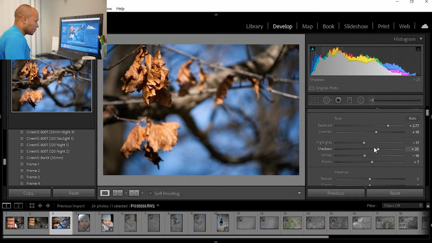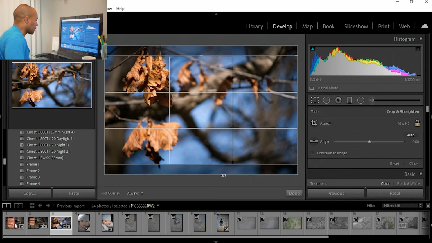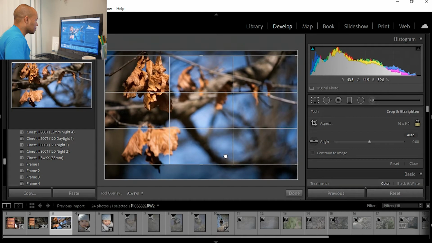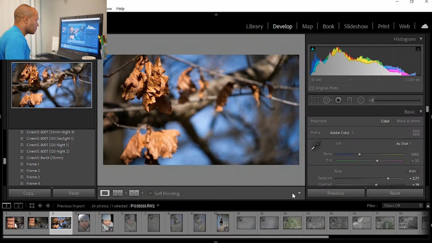Like I said, let's go over here to my crop overlay, and I'm liking what I'm seeing. Aspect ratio 16:9. Yeah, this is good right here. 16:9 right here, and then we're going to lead right into the frame preset, frame it up,